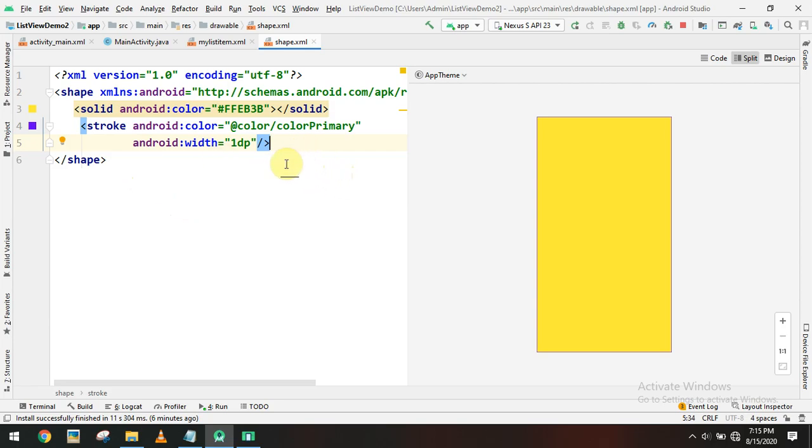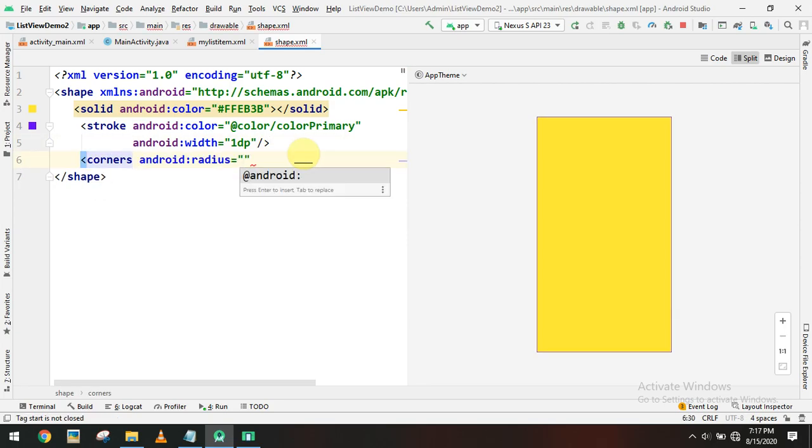Okay. So also we can set the corner. If you want a rounded corner, we can use the rounded corner also. Corners is another attribute. Radius we can set, so let's try 10 dp. So the corner you can see has a 10 dp radius.